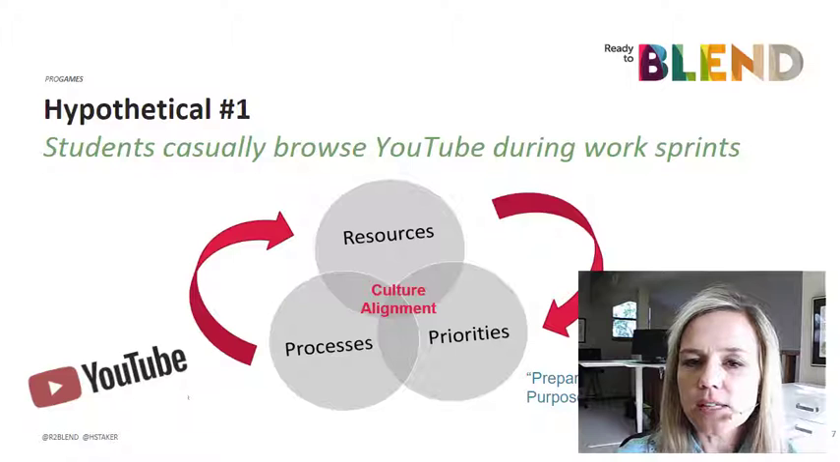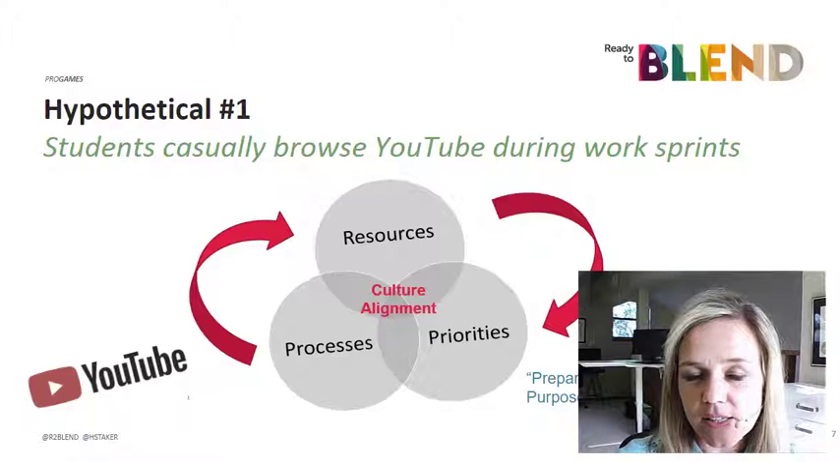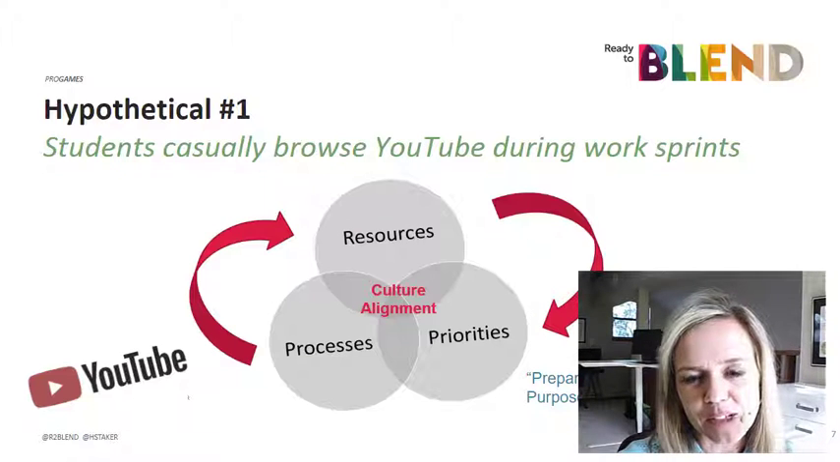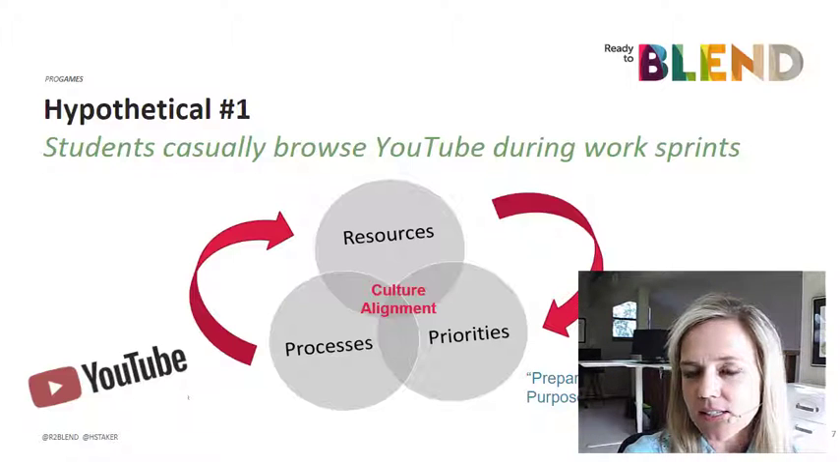Now suppose that you observe that during work sprints, when students are supposed to be working online independently or collaboratively with their peers, some of them are watching YouTube videos. That contradicts your priorities, I would argue. Now I want you to think about which priority does it contradict the most. Does it contradict